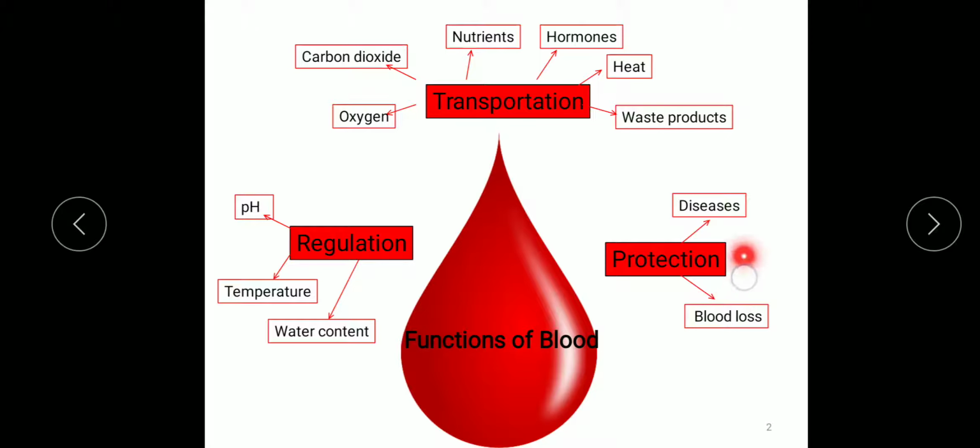Protection. Blood can clot, which protects against its loss from the cardiovascular system after an injury. In addition, the WBCs protect against diseases by carrying out phagocytosis. Several types of blood proteins, including antibodies, interferons and complements, help protect against diseases in a variety of ways.